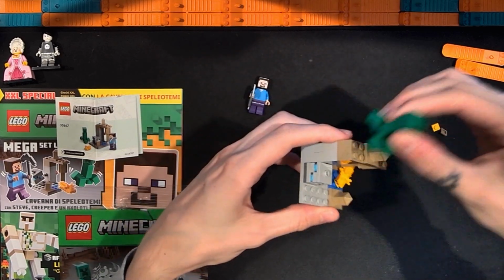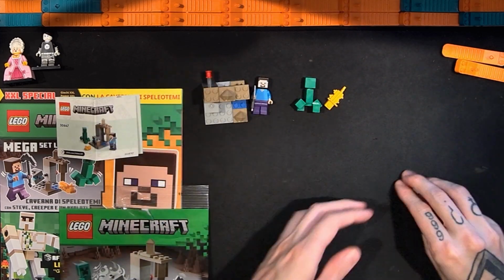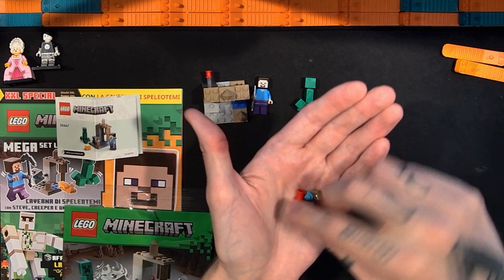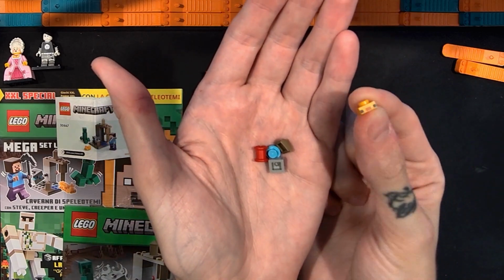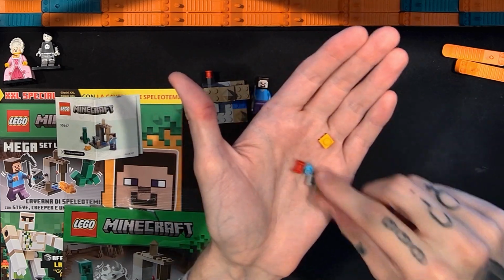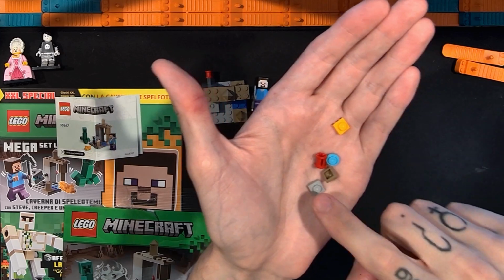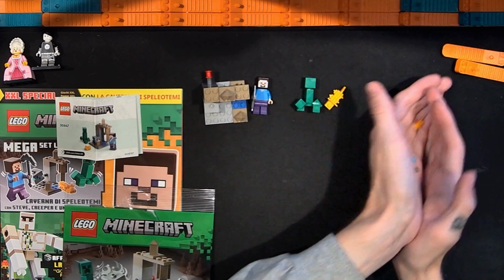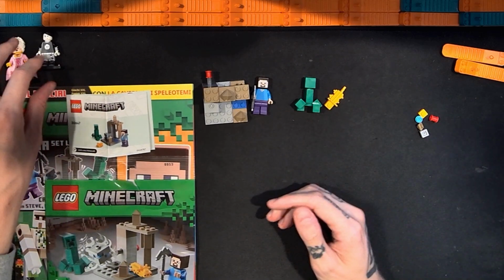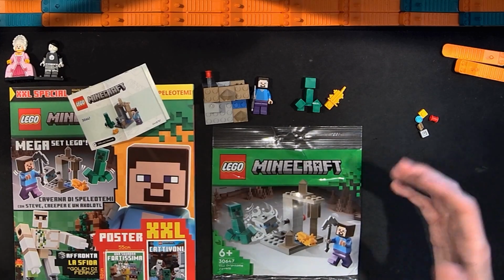We do have some extra pieces, not a ton, but 5, which is not nothing. One of them is the axolotl face piece with the printing on the side, so nice. The pyramid piece in that tan or nougat color, this light blue Technic bit, and the gray 1x1. So that's good. And yeah, so for €8 I got this polybag, which I've looked at before, but